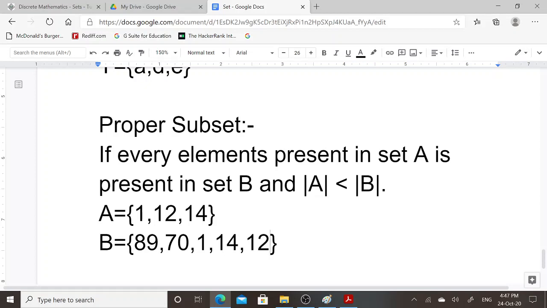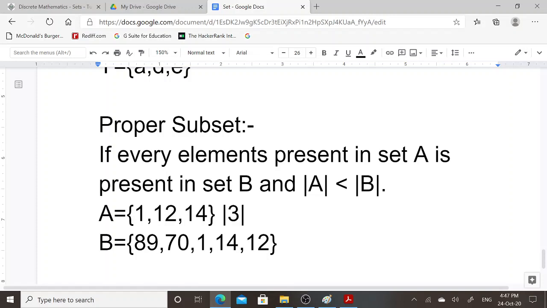Here each and every element of set A, that are 1, 12 and 14, is present in set B, as well as cardinality of set A is less than cardinality of set B. Here cardinality of set A is 3.